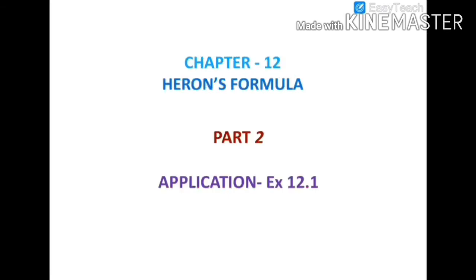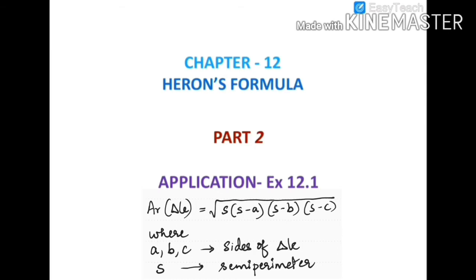In previous video class we started with chapter 12 Heron's formula. And we learnt various formulas to find out the area of triangles of different types like equilateral triangle, right angled triangle, a triangle when its base and corresponding height is known. And we also learnt a new formula called Heron's formula that is used for finding the area of a triangle when all three sides are given. In today's video lesson, we will apply this formula in solving questions of exercise 12.1.